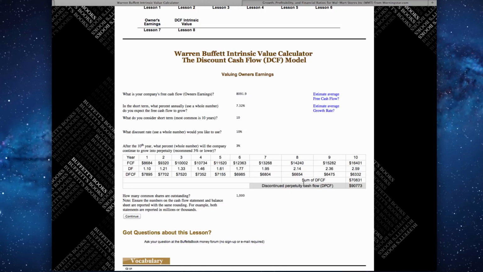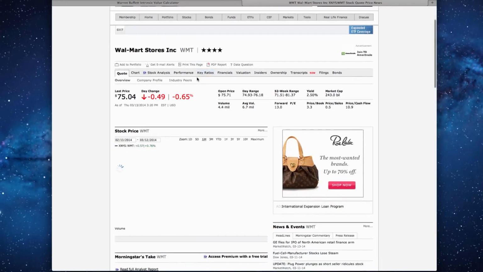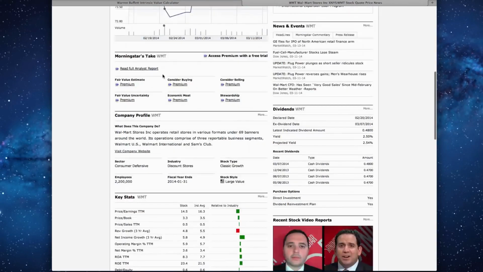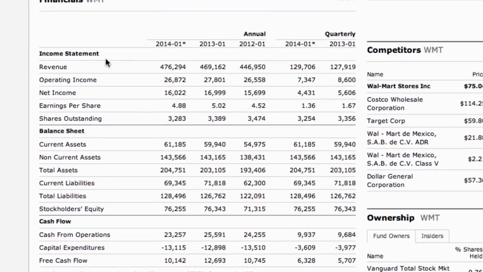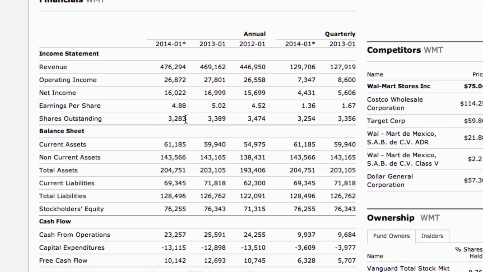And so once we have all those cash flows summed up, the last step is we have to figure out how many shares are currently outstanding in the company so we can divide by all those cash flows and figure out what the intrinsic value is per share. Okay, so in order to find that number, we can go back to our window that we already had opened on Morningstar. You're going to go over here to where it says quote, and you'll click there, and it's going to bring up the quote for Walmart. And you can see that when we scroll down,